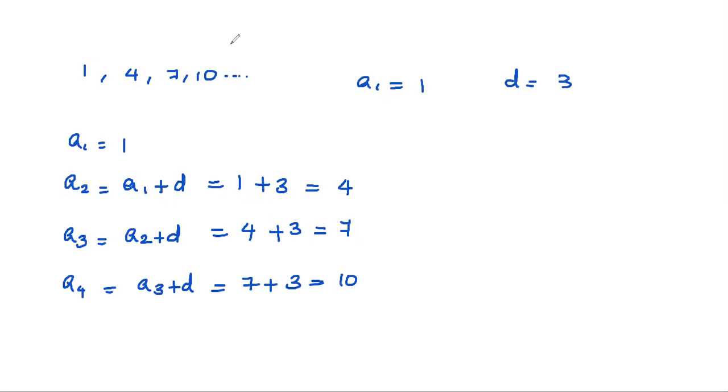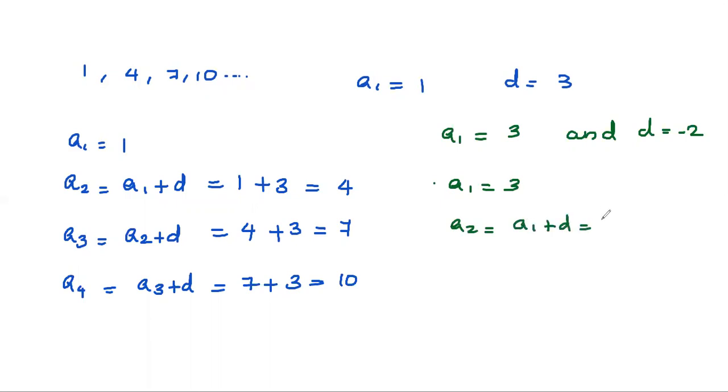One more example we'll discuss. Suppose in a question it is given that A1, or simply A, is equal to 3 and D is equal to minus 2. How to approach this problem? You know the first term is 3, and to obtain the second term all you have to do is A1 plus D. Here A1 is 3 and D is minus 2. So the answer is 3 minus 2, and that is equal to